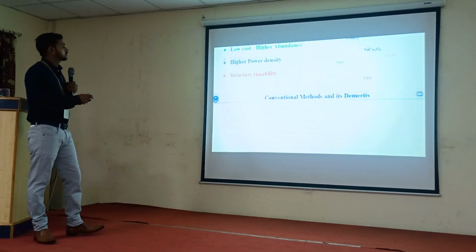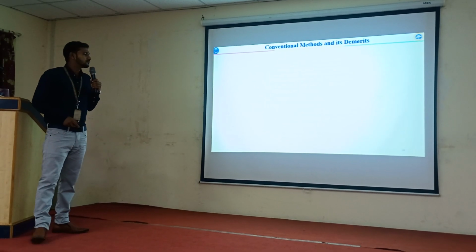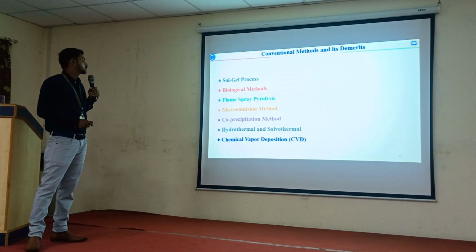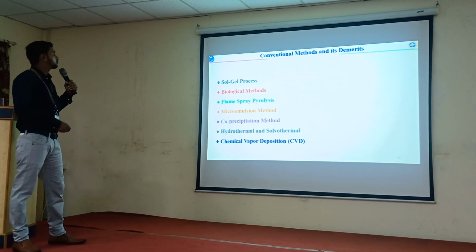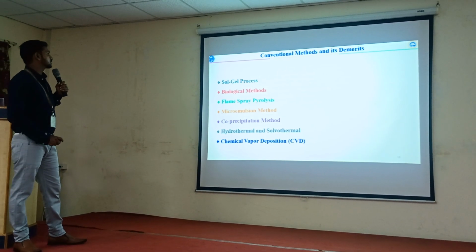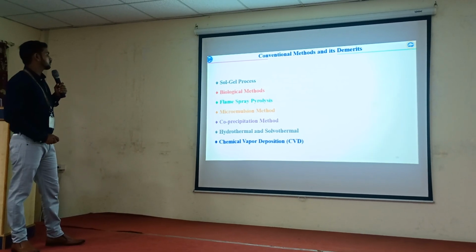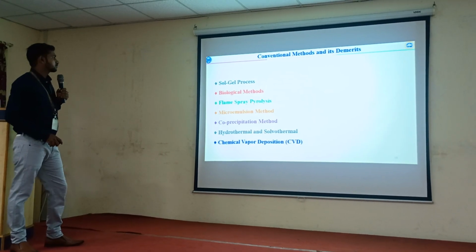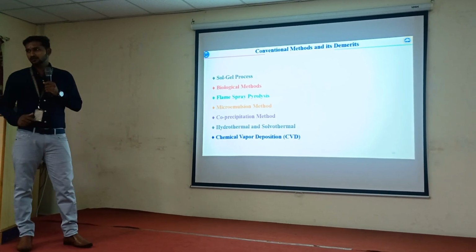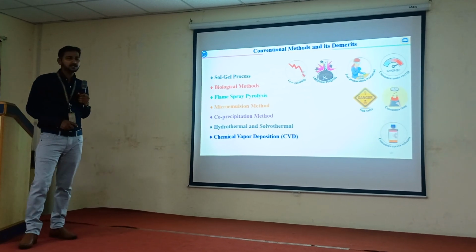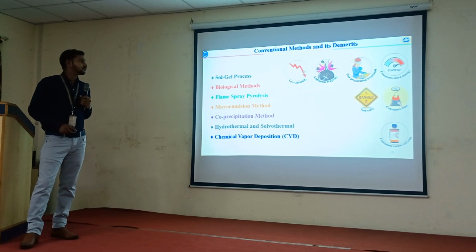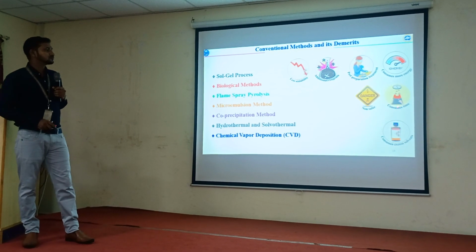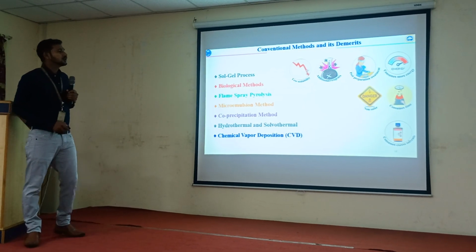TiO2, and nickel oxide. The conventional methods and the demerits of metal oxide synthesis. A wide variety of synthetic methods are available to prepare metal oxides, which are sol-gel process, biological method, flame spray pyrolysis, microemulsion, co-precipitation, hydrothermal, solvothermal, and chemical vapor deposition methods. However, these methods have several disadvantages such as less scalability of the product, requirement of additional reagents, post-preparation treatment, consuming lots of energy, being non-safe in nature, consuming lots of time, and consuming excess solvent during the purification of